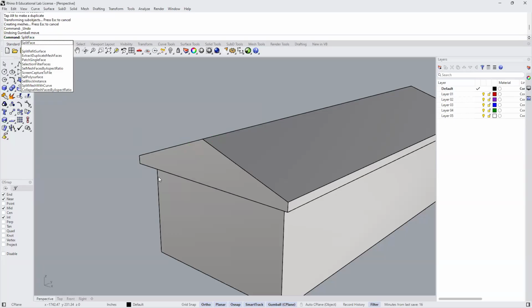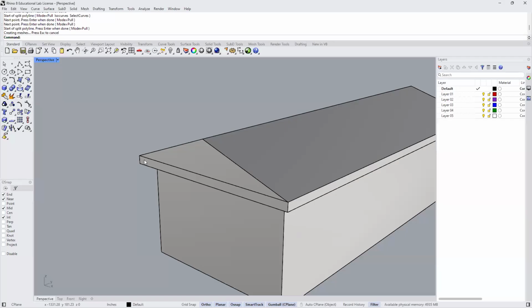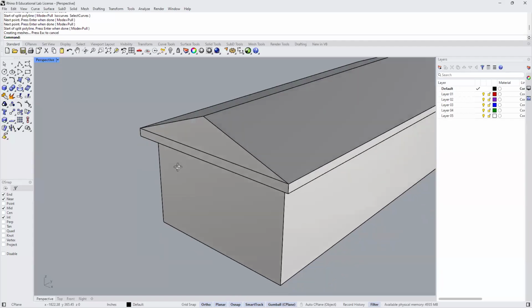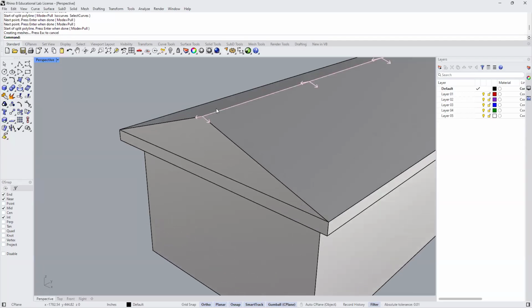So I type it in, split face, enter. Select the face to split. You just click on the face and then enter. And then the start point, I'll pick right over here at this endpoint. And then I'll take it across to this endpoint. And then I'll enter. And then enter again to finish. So now that I split that, let me zoom in a bit here, hold down Control Shift, let it hover until it finds the point, click on the point,